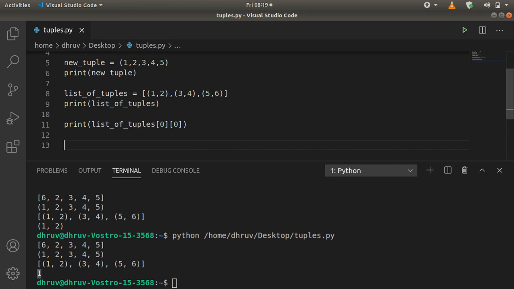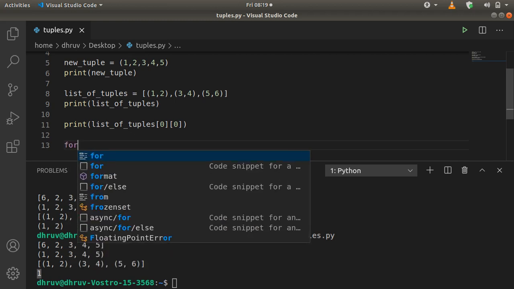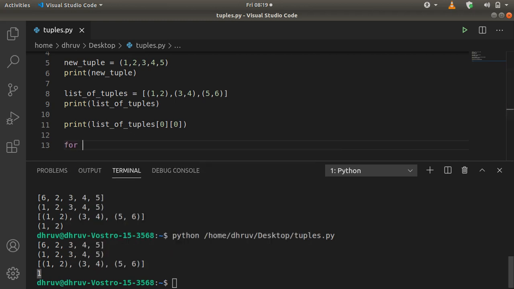Also, if we want to print out the first value of each tuple in a list of tuples, then we can use a for loop. We haven't discussed for loops yet, but we are going to discuss them in the coming videos. So for example, I want the first values of each tuple inside of this list.